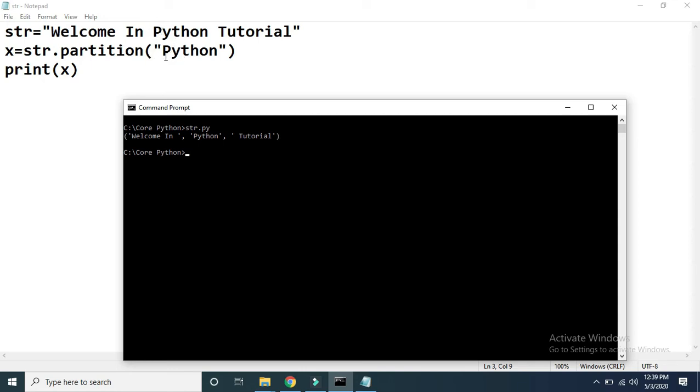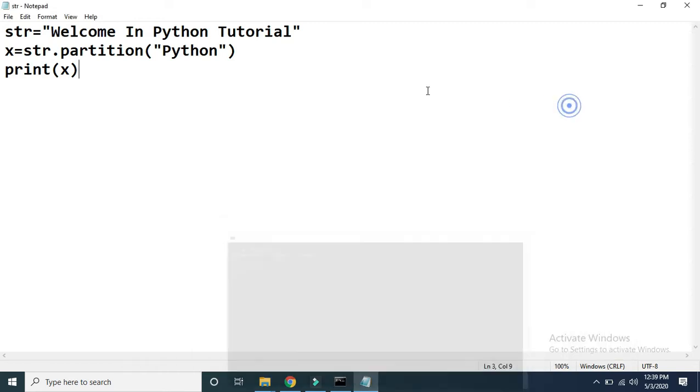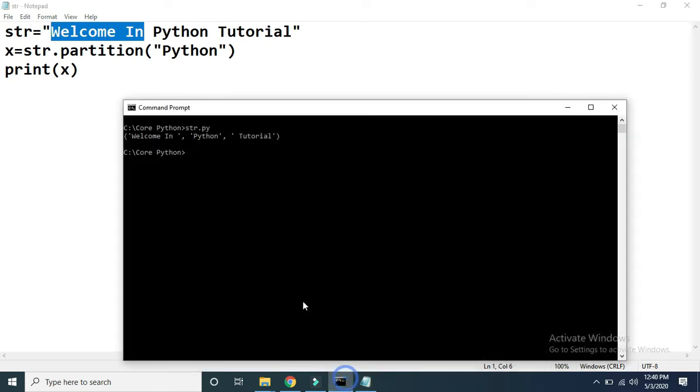So if I pass Python here for the partition method, it will divide this particular string into three parts, where the first part is the part of the string present before this particular word in the original string, that is this part, welcome in.